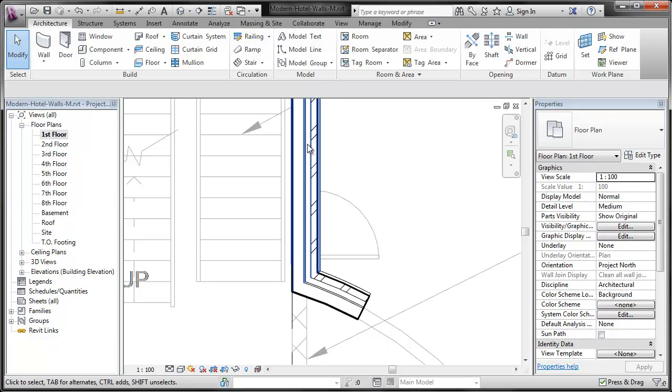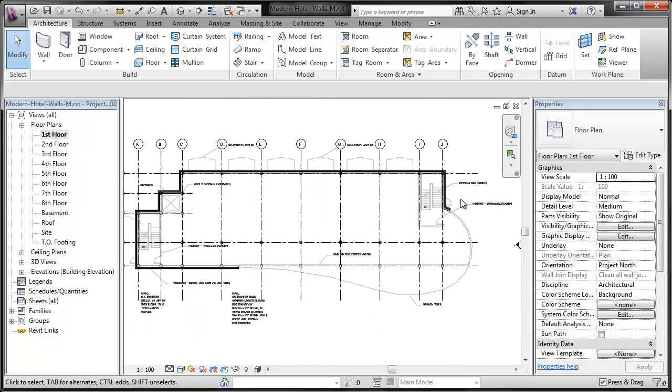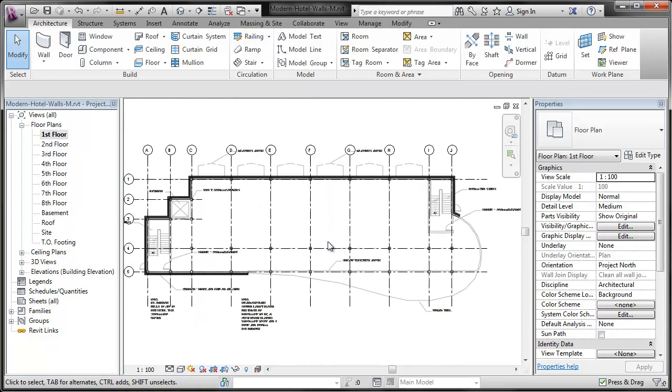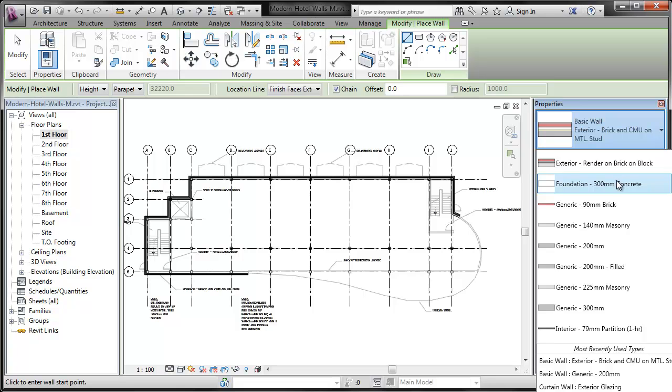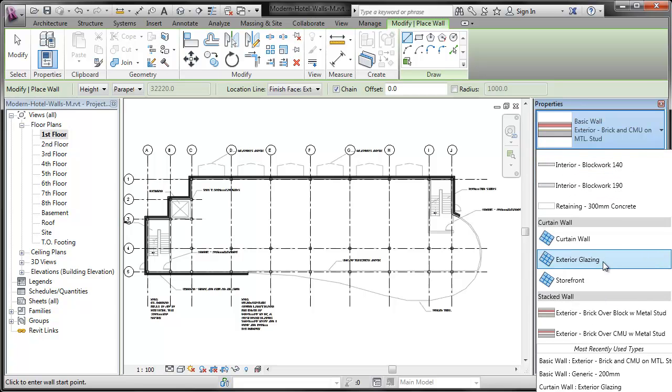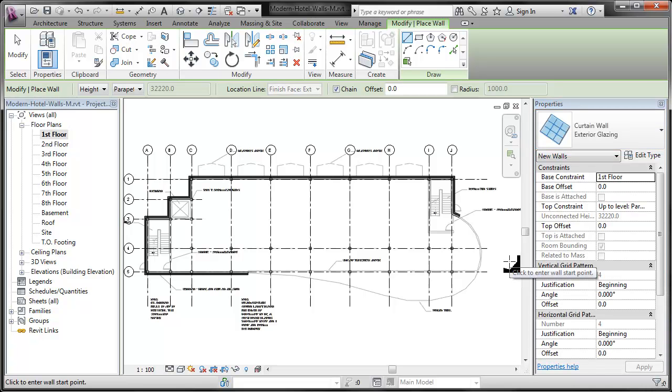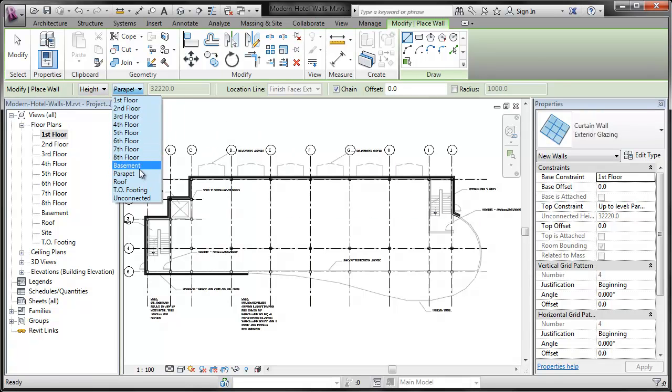So the next thing is task 2. This time we're still in the plan view, and what we're going to do is add a curtain wall. So again, we select the wall command, come down here, and choose our exterior glazing. We set the height to the roof,